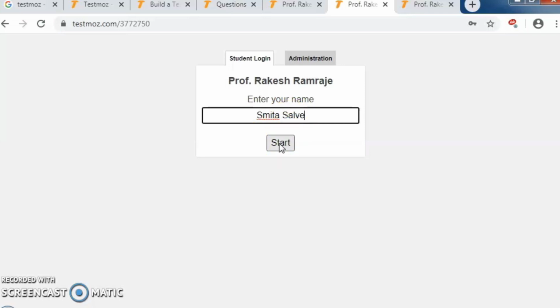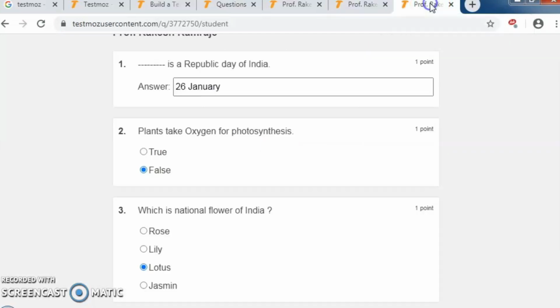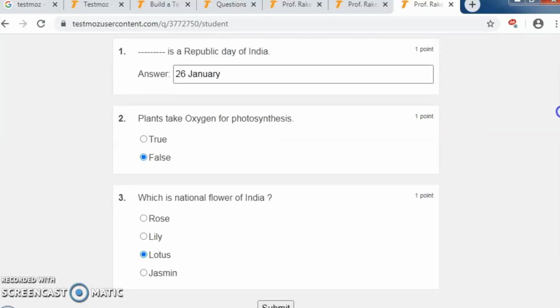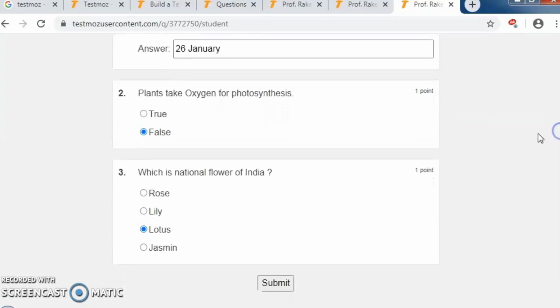After typing her name, she starts the test paper, and finally she gets one question paper. The same question paper prepared by the teacher, the same three questions, are here. After giving the answers, the student must click onto the submit button.